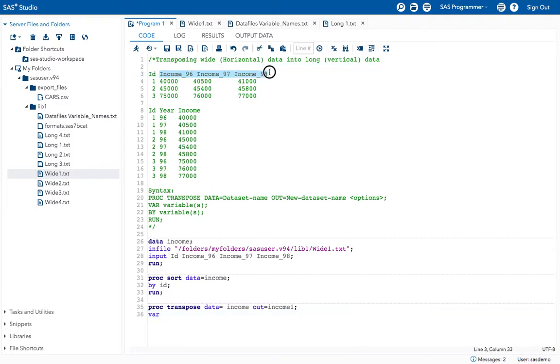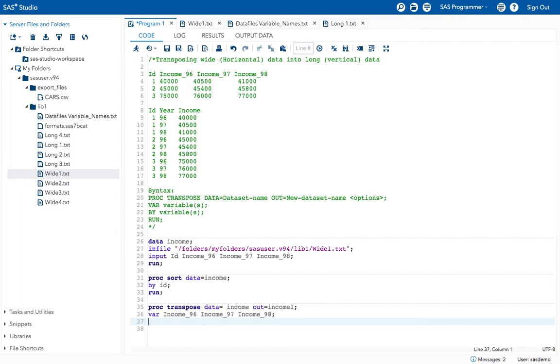These are the variable names changing their shape. That means I have these values as variable names, and now I want those to become data values. So I have given it in the var statement.